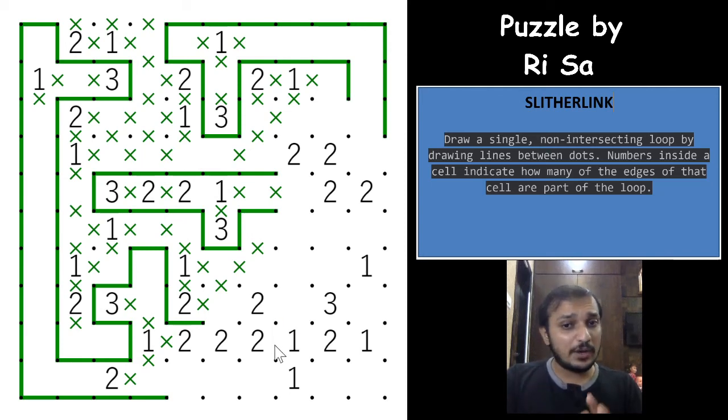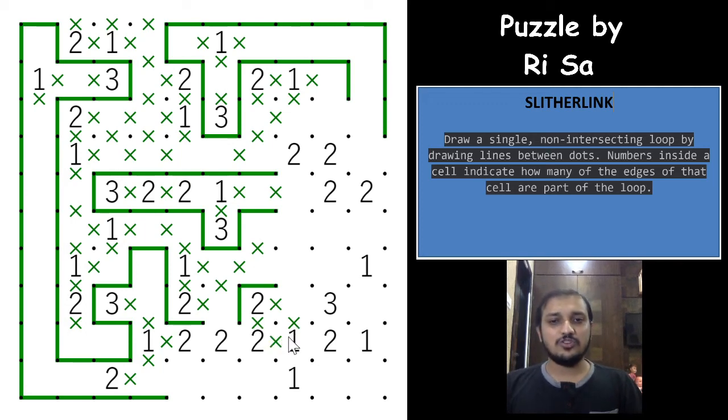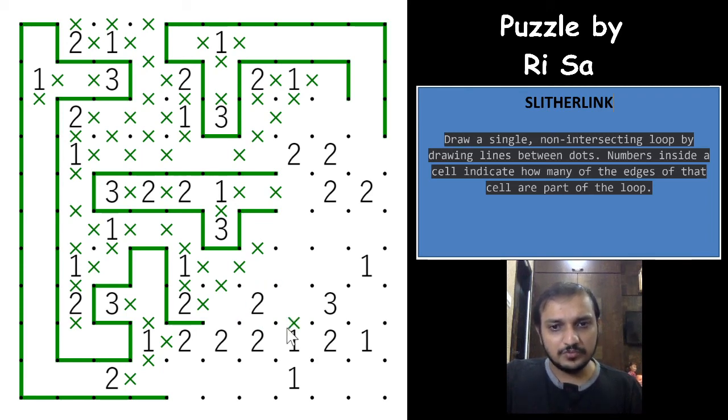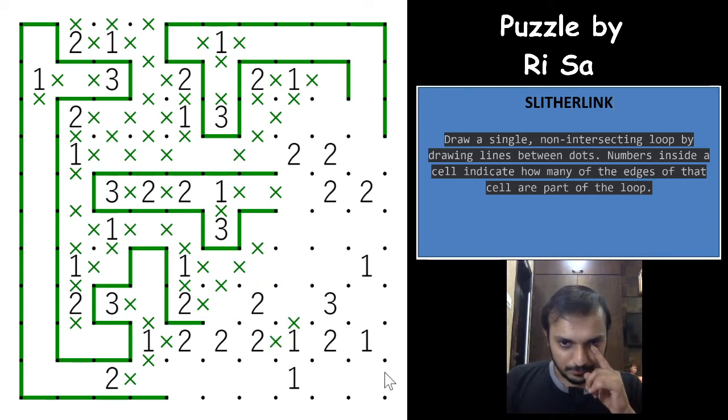And let me show you why it is. I wouldn't just mark it as it is. I will really be happy to show you why it is the way. So what happens if you have this way? Of course this is crossed out. This is one of the easy ones to see, right? So I have just shown you the easy one. The other one is this way, and again this will have to be crossed out, because if you have a loop segment going this way, it will have to go this way, and you have two loop segments for the one. So whatever be the case for this two, both of these will always be crossed out, right?